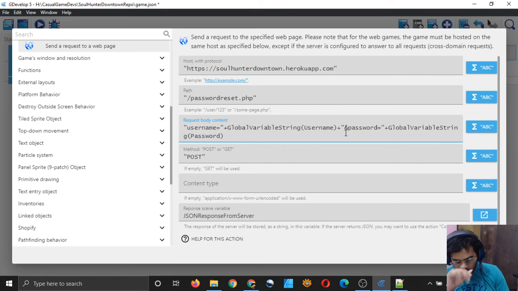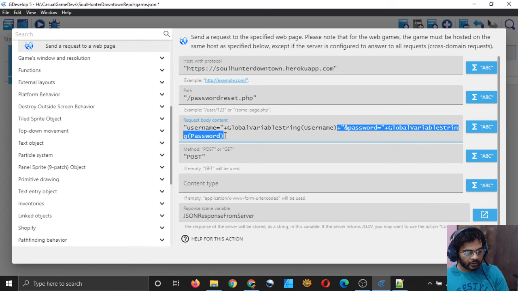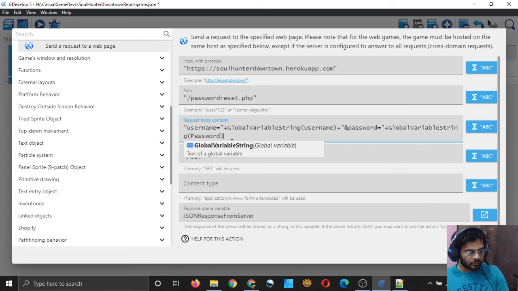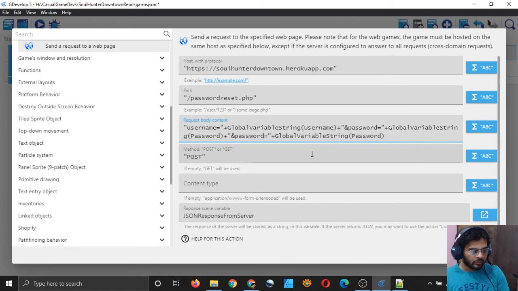From this plus, you can take this plus and drag everything till the end and click and copy, Control C, and then paste, Control V, and instead of password you can simply type code, and global variable string, instead of password you can type code, right?